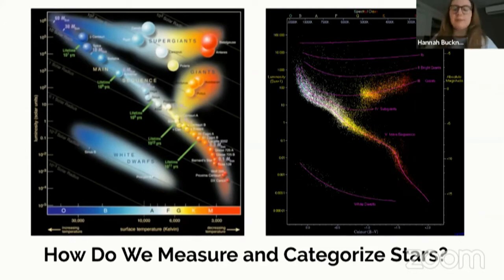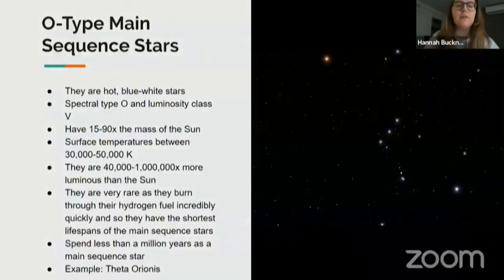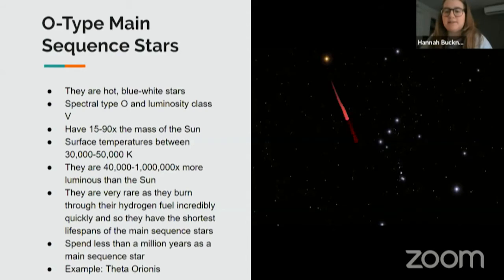So when you have an O-type star, which I believe I have here, you can actually see, well, first, if you recognize constellations, you'll recognize this little 3-star line here. You'll figure out that this is the constellation Orion, and we have Betelgeuse here. I'll talk about that later because I know tons of people are curious about that. But if we go down here, we'll see a few bright stars. And there is a star here called Theta Orionis that is an O-type star.